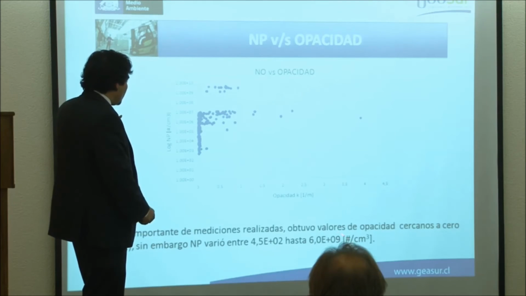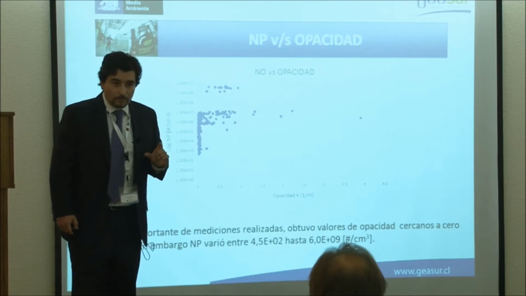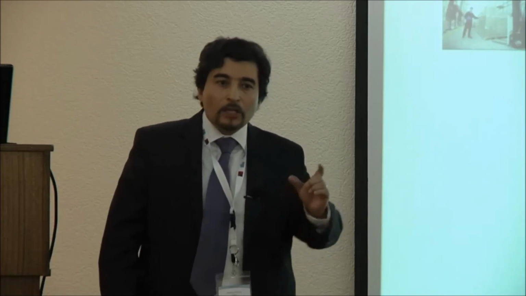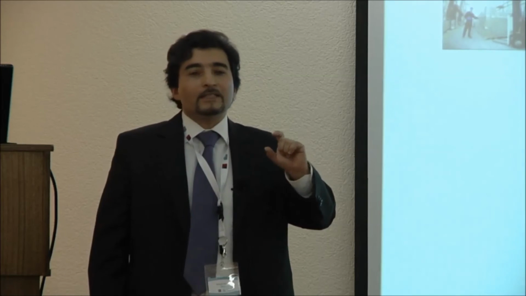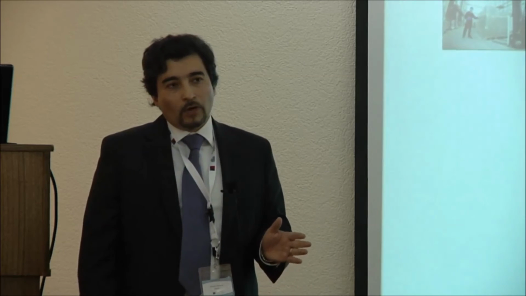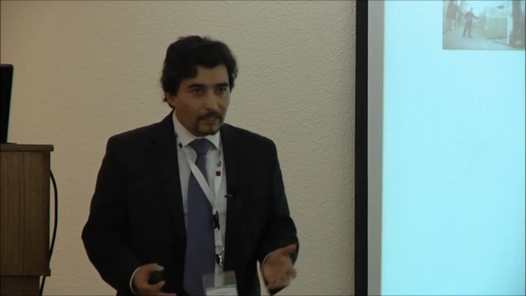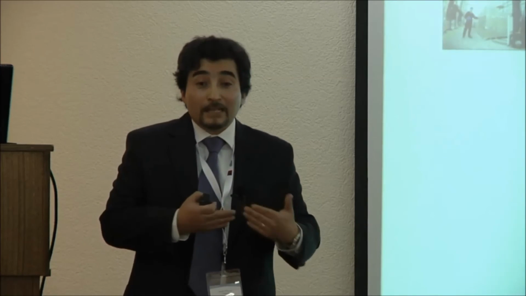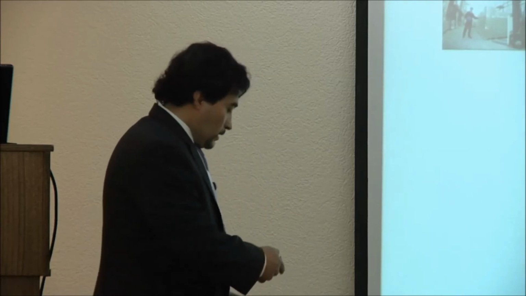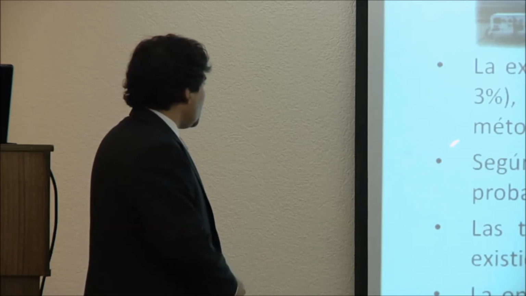Now, to clarify the range of the equipment, this value is higher than the range, because the range only goes to 5 million. But what's the point of these measurements over the range? Effectively, it's maybe an underestimation of the value, because the equipment has the capacity to measure up to a certain concentration, and above that there's interference between the particles, and maybe not all of them are counted as they should be.